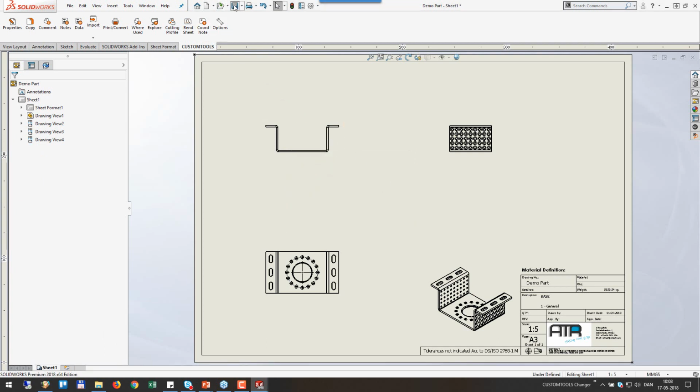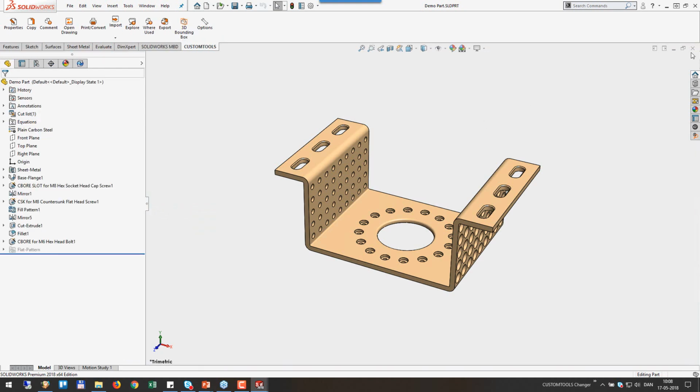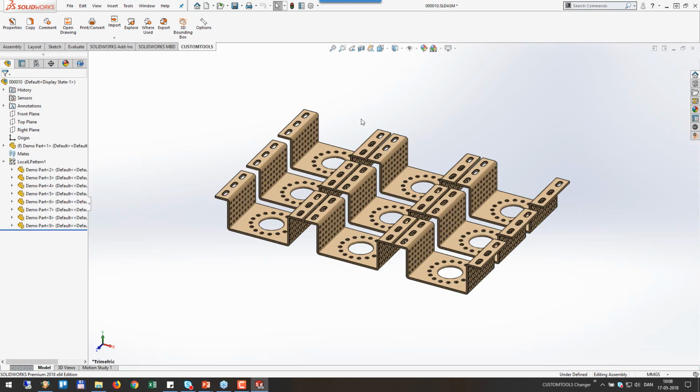And save the drawing. And save or close the part file. So now you have seen we can run these tasks from drawing, from part, but we can also run it